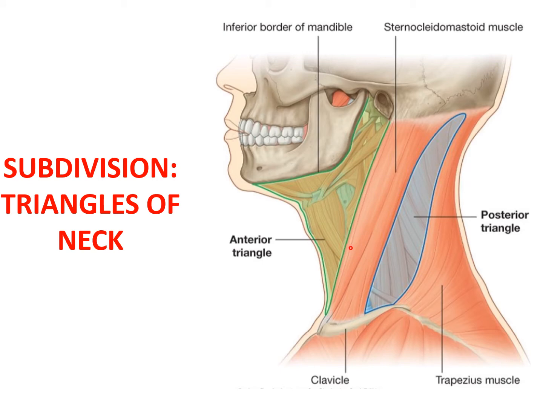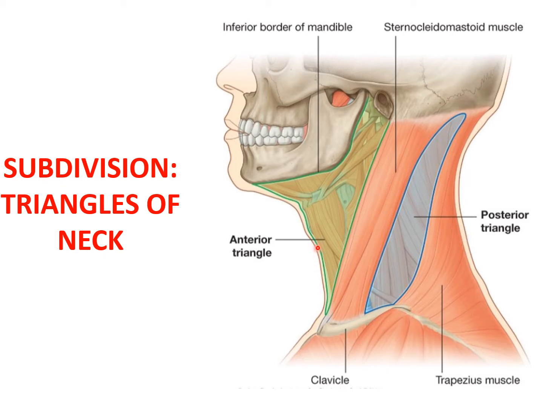We have already discussed in the last lecture that the side of the neck is roughly a quadrilateral area having the following boundaries. Anteriorly, it is bounded by the anterior midline of the neck. Superiorly, it is bounded by the base of the mandible up to the angle. Then an imaginary line from the angle of the mandible up to the mastoid process. Then superior nuchal line and the external occipital protuberance. Inferiorly, it is bounded by the superior surface of the clavicle. Posteriorly, it is bounded by the anterior border of the trapezius muscle.